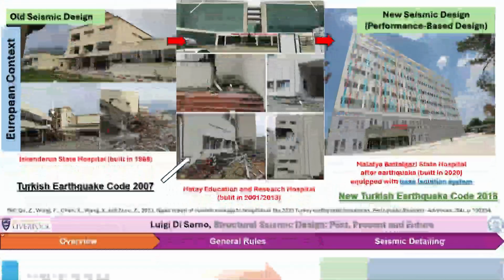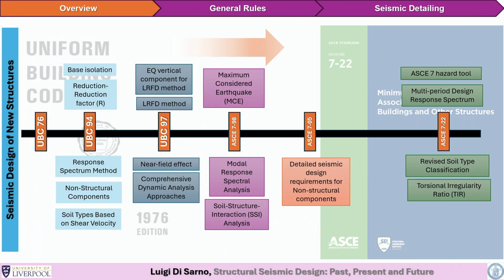Now, moving forward, and this is basically what we are going to discuss in detail here today. These are the number of codes that have been changing, updating themselves, because of what? Because of lessons learned from previous earthquakes, the previous damage that has been collected after major earthquakes. And here I'm starting from UBC 76, which really dates back before the target of this conference, which is 1994, but this is to show that there's been a change in the mindset of how structures have been designed in